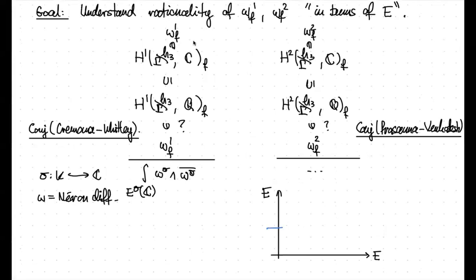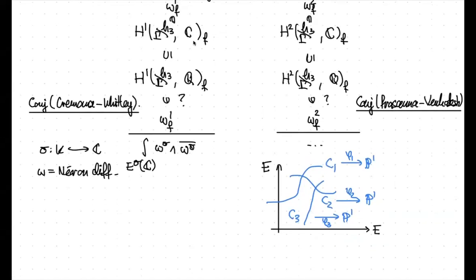And within here, I'm going to give myself a collection, C1, C2, C3, of some irreducible curves. On each of these curves, I'm going to choose a rational function. Sorry, a meromorphic function. Well, yeah, a rational function. That's what I want to say. So a map to P1 on each of the curves. This data is going to define this higher algebraic cycle that I mentioned in my introduction.